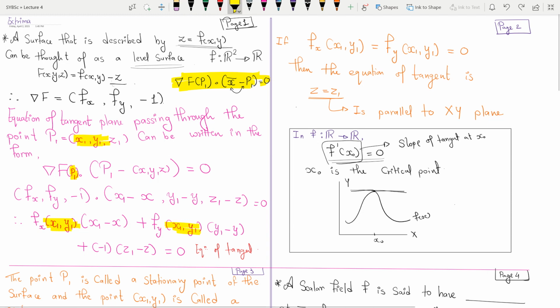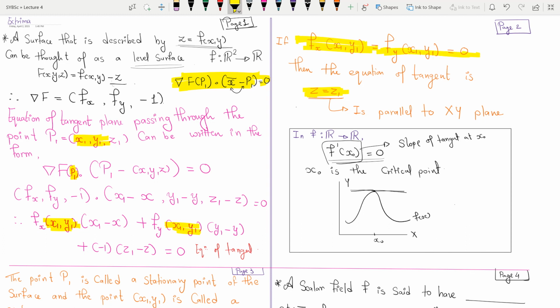Okay, so I just mark this. z is equal to z1 is nothing but the equation of a tangent plane when the partial derivatives are 0. But if z is equal to z1, that means my tangent is parallel to the xy plane. This is something similar to what we have learned in the R to R case. Whenever my tangent is parallel to the x axis in the R to R case, I say that my point is a critical point. Similarly, when my tangent is parallel to the xy plane, that means the tangent is z is equal to z1, that is, my partial derivatives